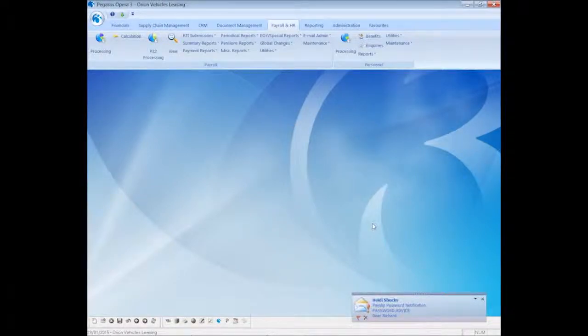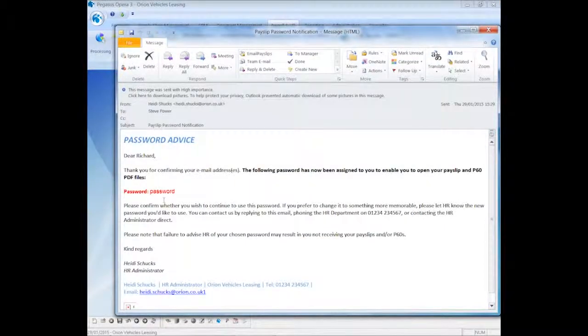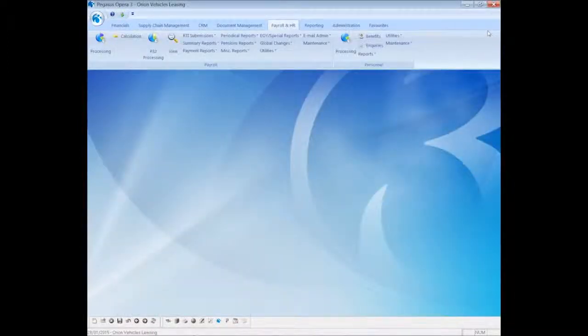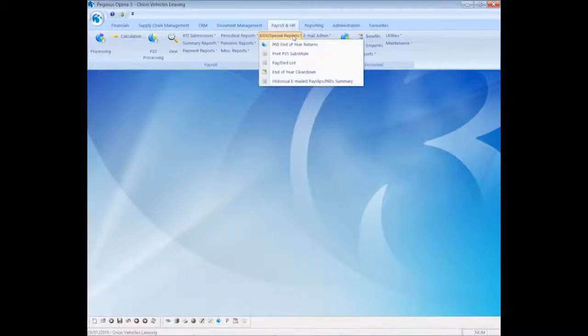Okay, here we can see the email has arrived. And it's telling me what the password happens to be. We can look at history of these. If we go into the end of year special reports, we can see there's a historical email report. And if I select this option here,